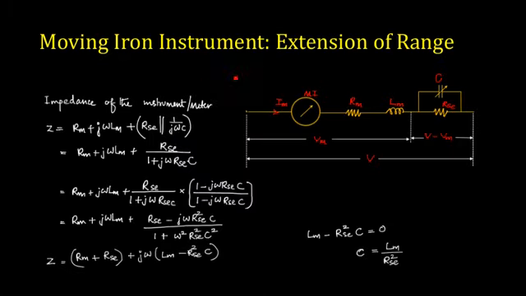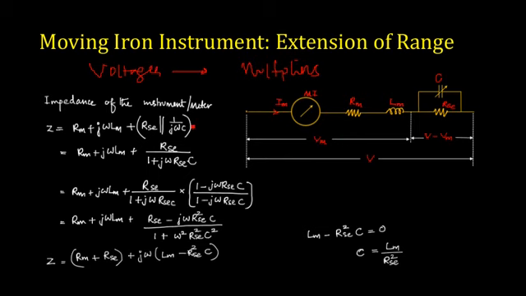Now if you are trying to measure more voltages or higher voltages, that is, you will be using multipliers. So while you are going for multipliers, again you can directly use a resistance which is independent of any inductance, a purely resistive one without any inductance, so that Rsc can be added here while you are trying to increase the range of the MI instrument as a voltmeter.